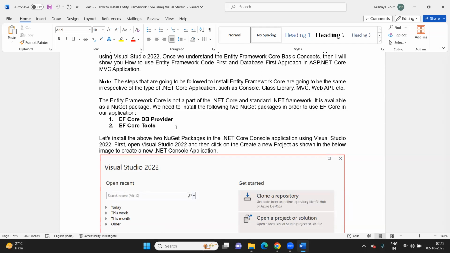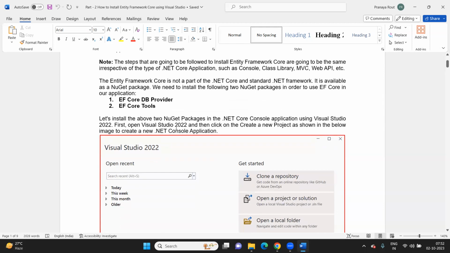Yes. Okay. So now what I'm going to discuss is how to install Entity Framework Core in our console application using Visual Studio 2022. That console application is a .NET Core based application. The point that you need to remember, Entity Framework Core is not part of the .NET Core or standard .NET